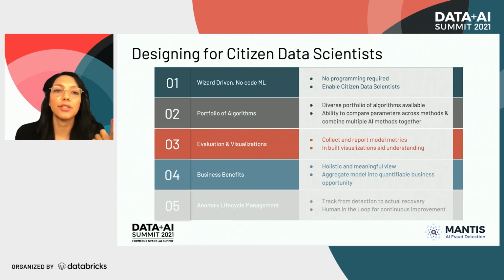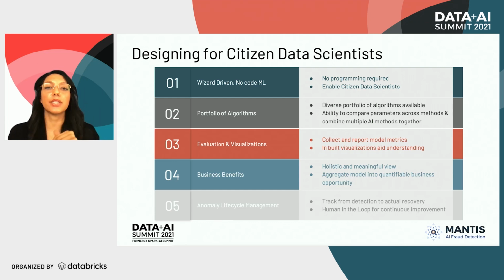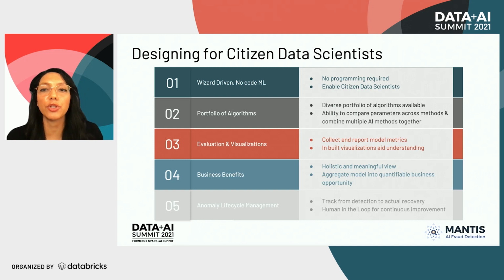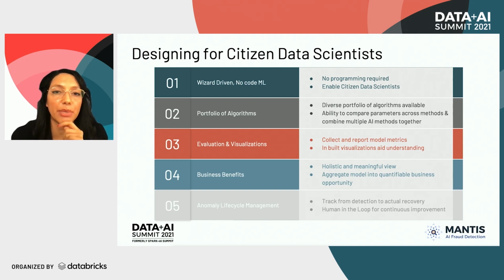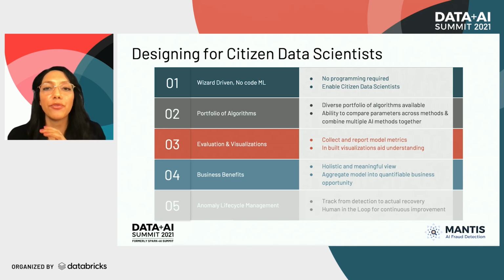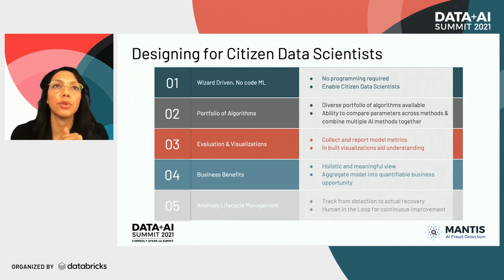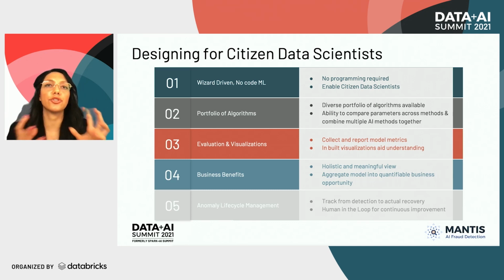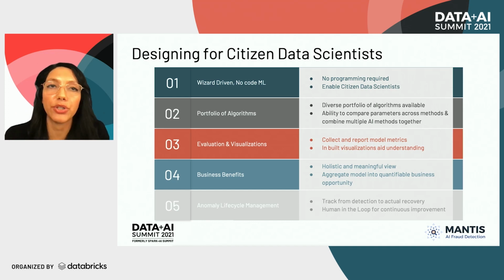Also, we're giving them access to a whole portfolio of algorithms. Everything that's available there in Spark, we're leveraging and pulling in, and we can leverage the machine learning models, as well as quickly evaluating them, looking at visualizations that help us differentiate which parameter set or set of hyperparameters might be best as we go through this model experimentation phase in a no-code and wizard-driven way. So this is much faster and much more efficient than the traditional way of having to go and build one machine learning model at a time and then try to compare which one is better and then struggle with how to combine them and which one to choose.